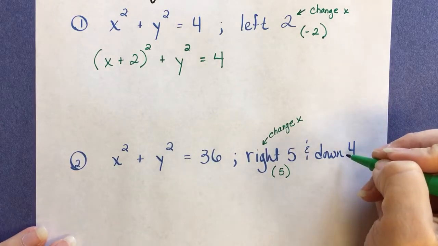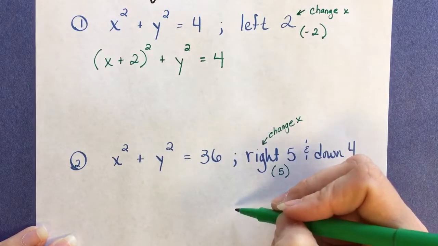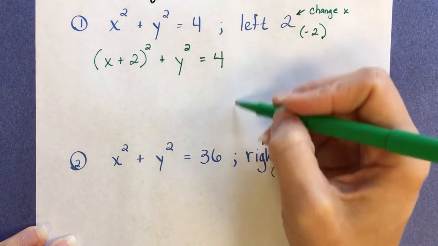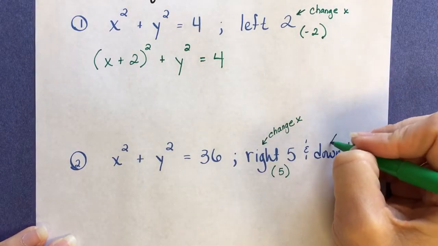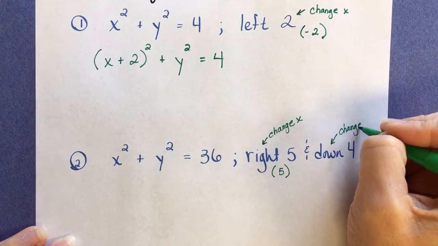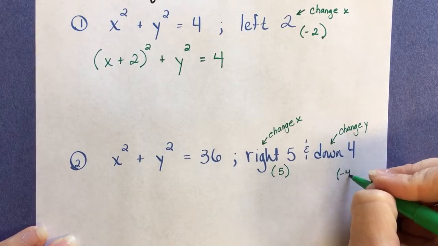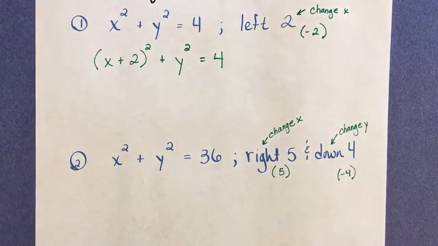Now, this time we're going to go down. So if you're shifting anything up or down on your coordinate plane, it's your y value that ends up changing. So an up or a down is going to end up changing y, and you're going to think of going down as being a negative, whereas if it were up, you're going to think of that as being a positive,